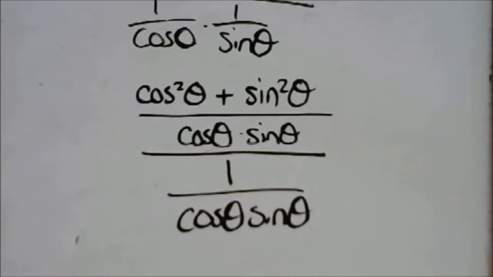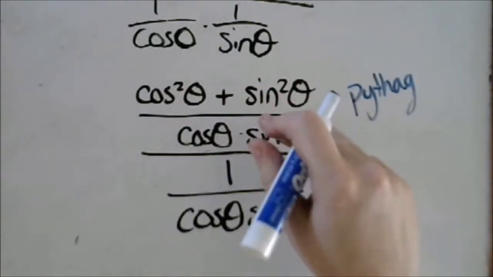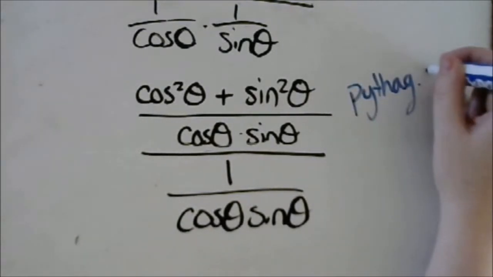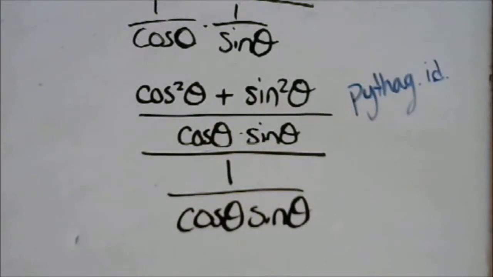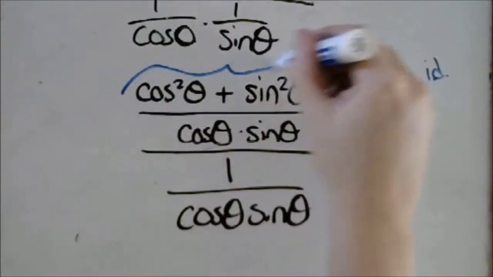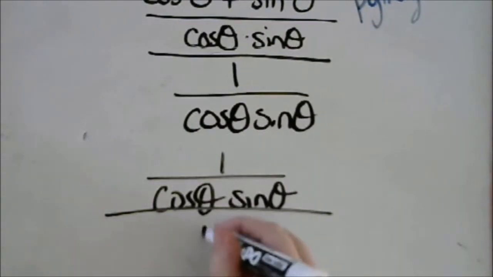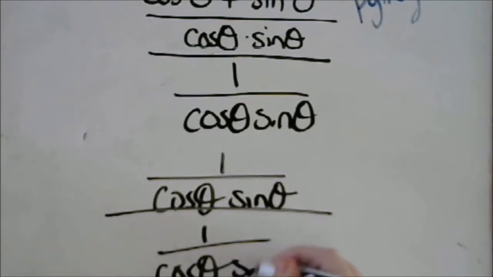Now there are two things I'd like to do next, but I want to utilize one strategy at a time. The next strategy we're going to employ is the Pythagorean identity. Anytime you're looking at an expression with a sine squared or a cosine squared or a secant squared or a tangent squared, anything squared, you want to consider the possibility of replacing it with a Pythagorean identity. Cosine squared plus sine squared is equal to 1. That leaves me with 1 over cosine theta sine theta